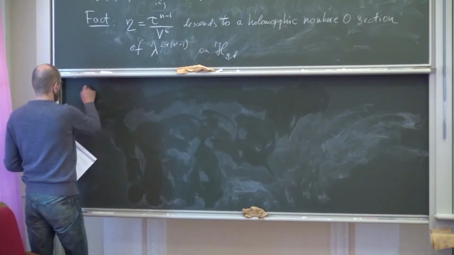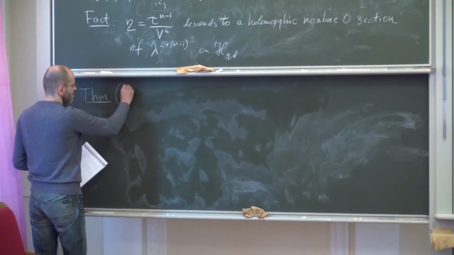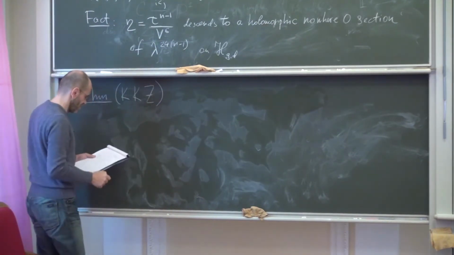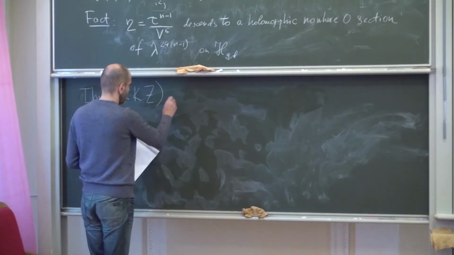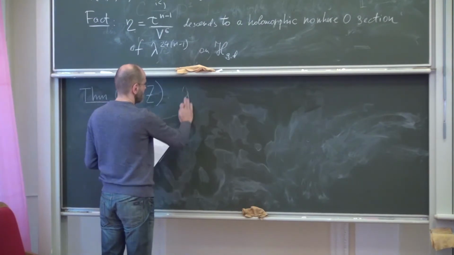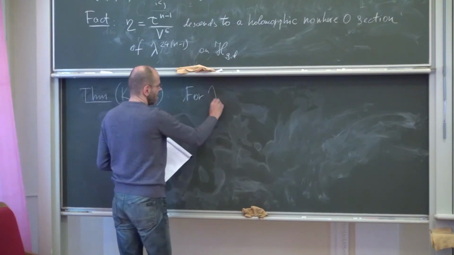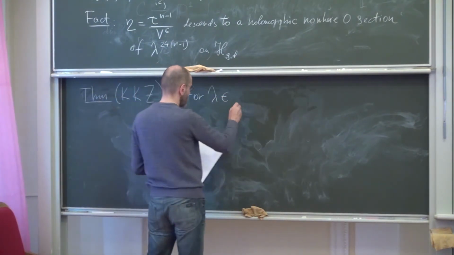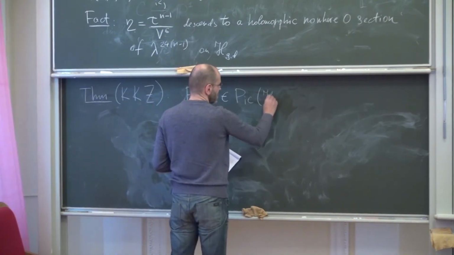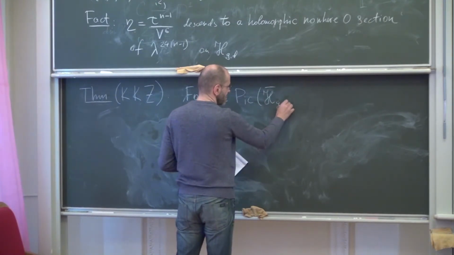So let me call it a theorem. It was proven by Kokotov, Korotkin, and myself some time ago, and it says that the Hodge class lambda, understood as an element in the Picard group of the space of admissible covers, H bar GD,